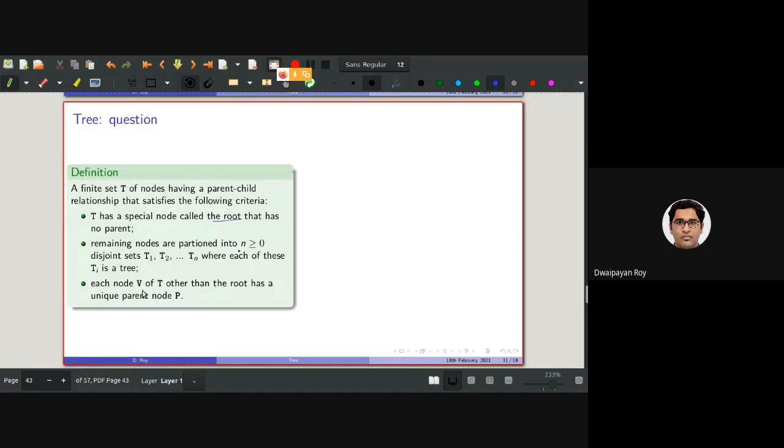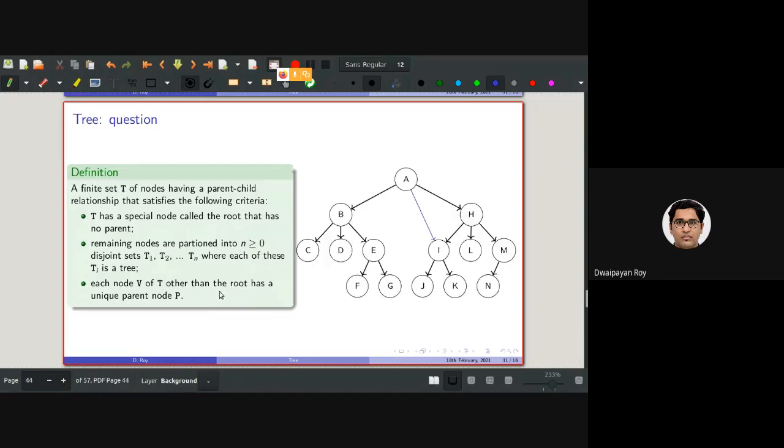And each node in this finite set T, other than the root, this specially designated node, will have a unique parent. So in this diagram, is it a tree?